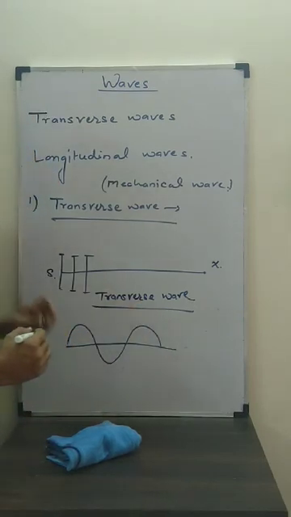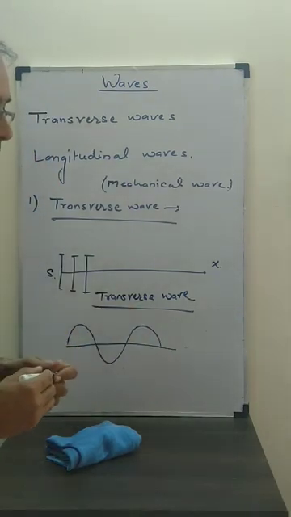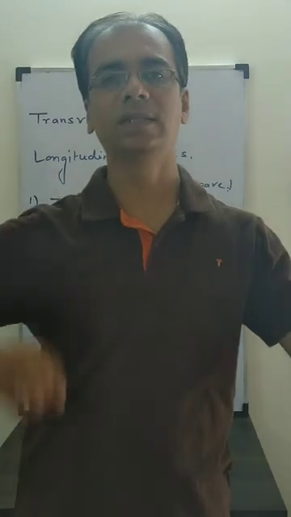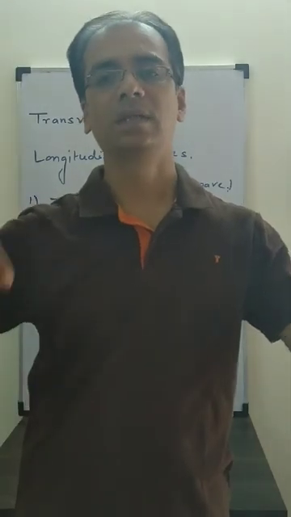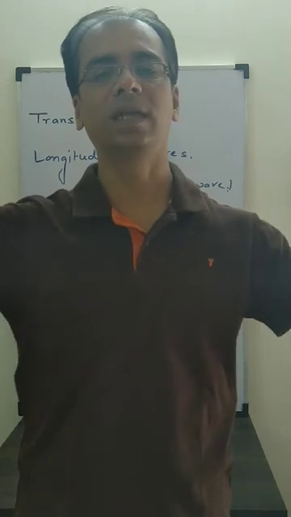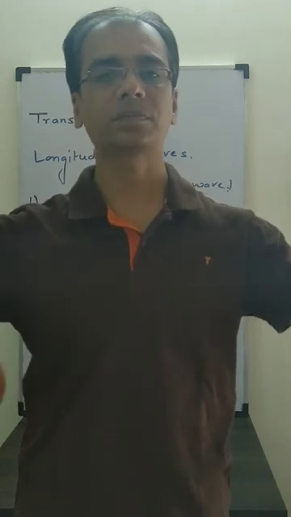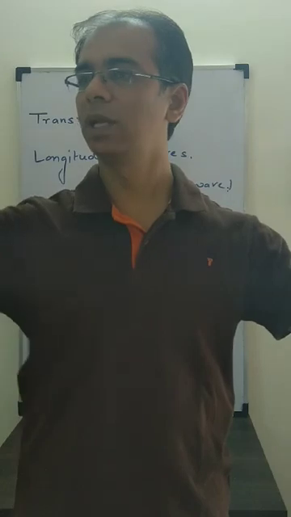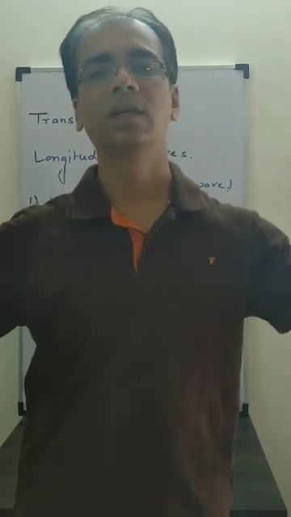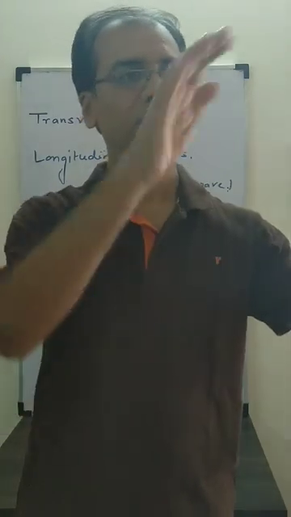Okay, its example is waves in string. When you have a string in one hand and at one end you are going to make oscillation like this, what happens? This oscillation goes to the other end also in the same way. So if this hand is doing like this, then at this end also it will be going in the same way. So it goes in this form.